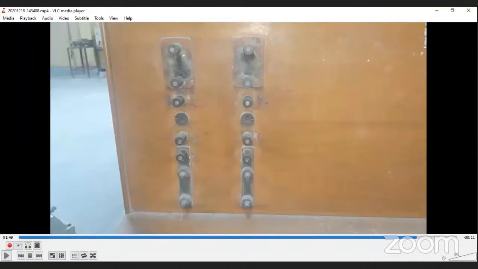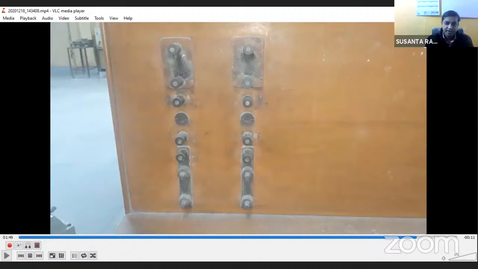Current coil upon wattmeter also is a series apparatus. So this type of series apparatus we connect like this. One terminal will be connected at the top, another will be at the bottom. So this is how these discontinuities are used. Now, if we need more than two series apparatus to be connected,